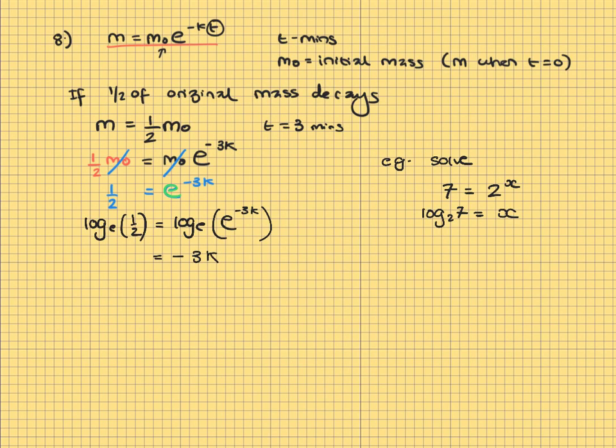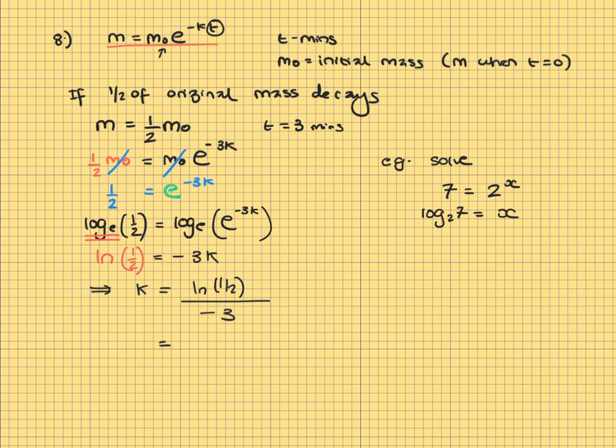Now, on the left-hand side, as you will find out in the next lesson, there is a special way of writing log to the base e. It's called the natural log, ln. So ln of a half is equal to negative 3k, and then we can simply rearrange this result to get our value of k. So k equals ln of a half divided by negative 3,